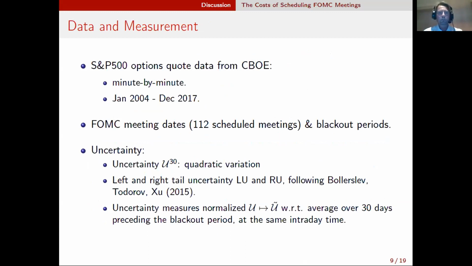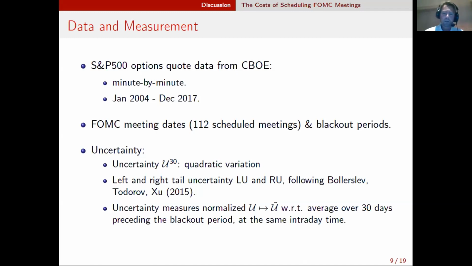They use S&P 500 options quote data from the CBOE minute by minute, which is very nice because it allows us to zoom into the FOMC meeting days from 2004 to 2017. It has 112 scheduled meetings, and also, of course, looks at the blackout periods ahead of these meetings. Their measure of uncertainty focuses on 30-day ahead implied volatility using a quadratic variation type of measure. They follow Tim Bollerslev and co-authors by measuring tail uncertainty,